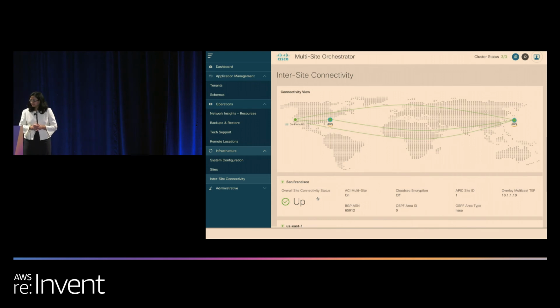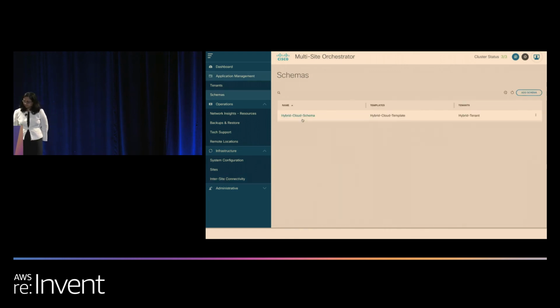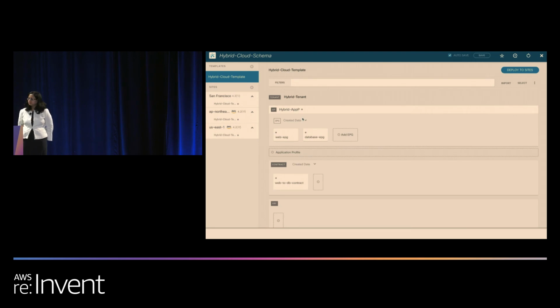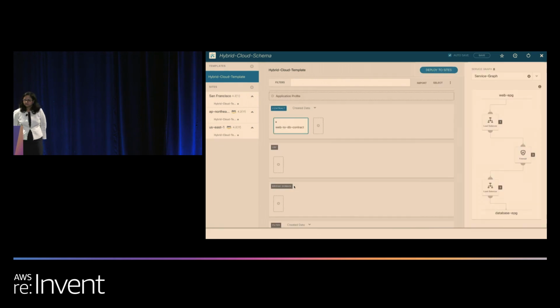Now, once I have it up and running, we will ask you a basic set of wizard, depending if you're using VPN versus direct connect, what automation you want. And once you have given that information, we will set up the underlay and overlay on top of it. So let me go to the policy first. Here I'm going to reuse a hybrid application policy, where I have two-tier applications. And I have two policy groups defined with a security group rule in this case. And I also have a service chain.